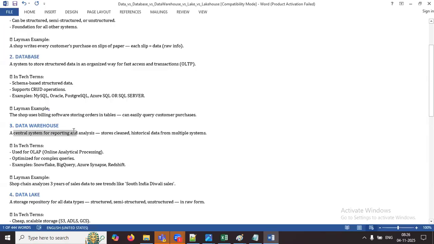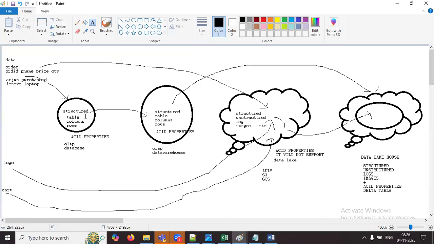Now, what is a data warehouse? A central system for reporting and analytics. The data is coming here, fine. But I want to know what my business sales were last Christmas season, the last 3 years, because Corona time is an exceptional case, the last 4 years, last 5 years. What are my sales during the Christmas season, so that I can predict for this Christmas season and be ready with all the required products and quantities in my shop and warehouse.